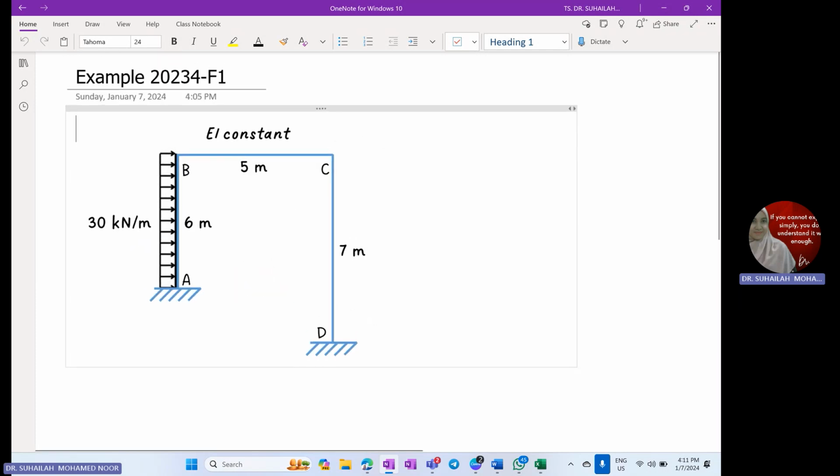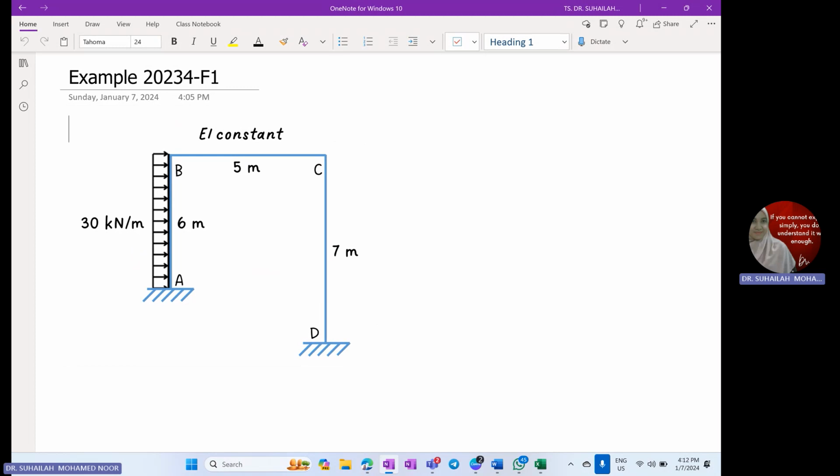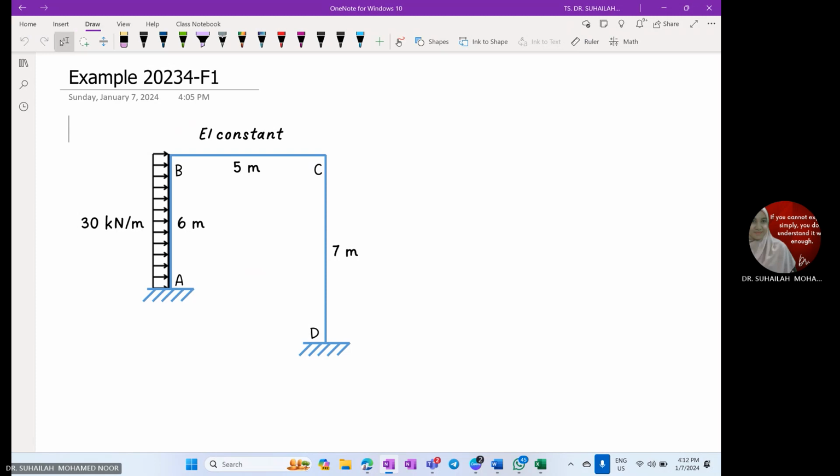So I would like to do frame analysis, side sway frame analysis. As shown in the figure, we are going to analyze using the moment distribution method. In the moment distribution method, basically there are